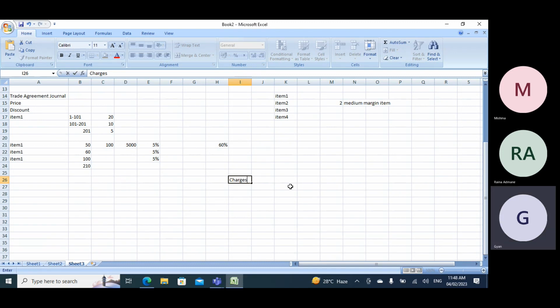So what happened? What is the meaning of the charges? There are two types of charges. Is there manual charges? What is automatic charges? What is the meaning of the charges? Charges is nothing but